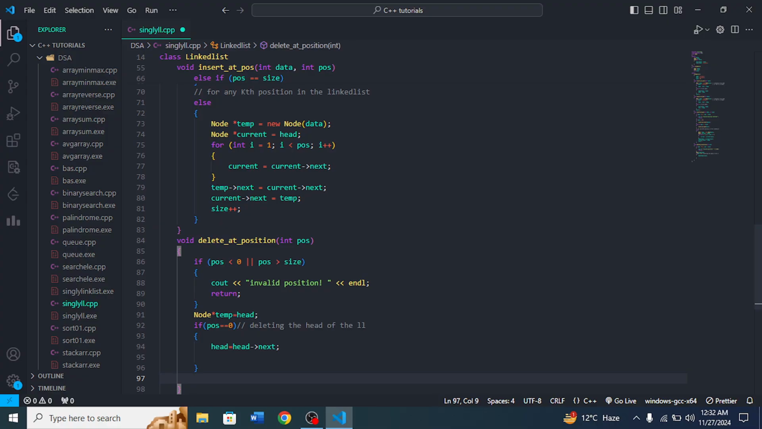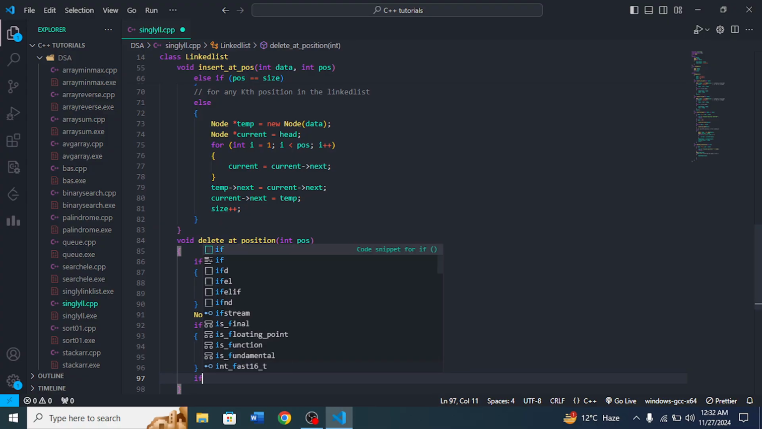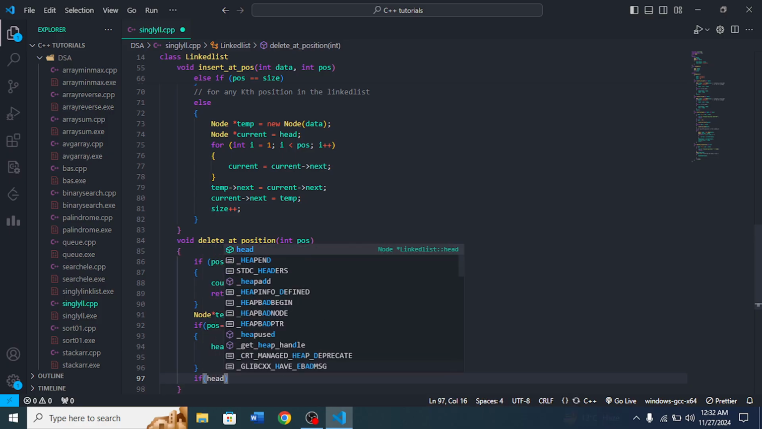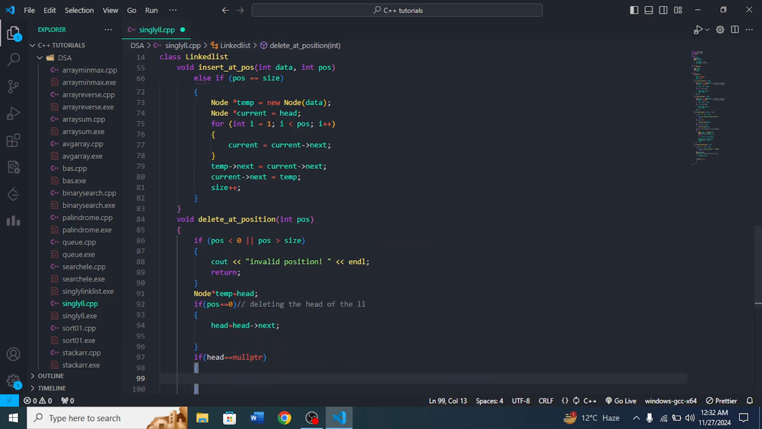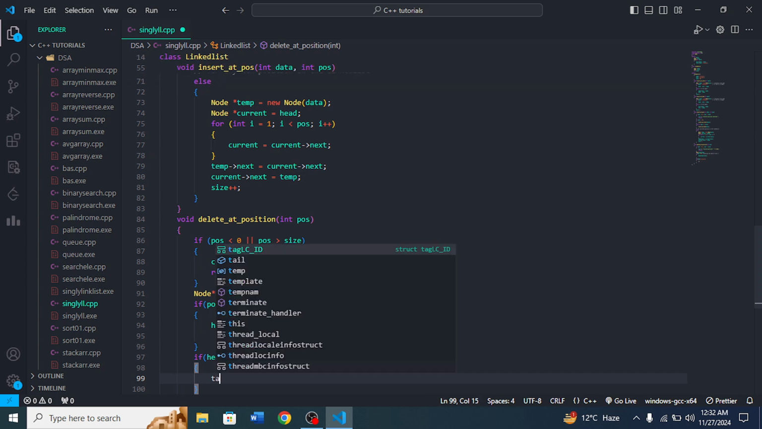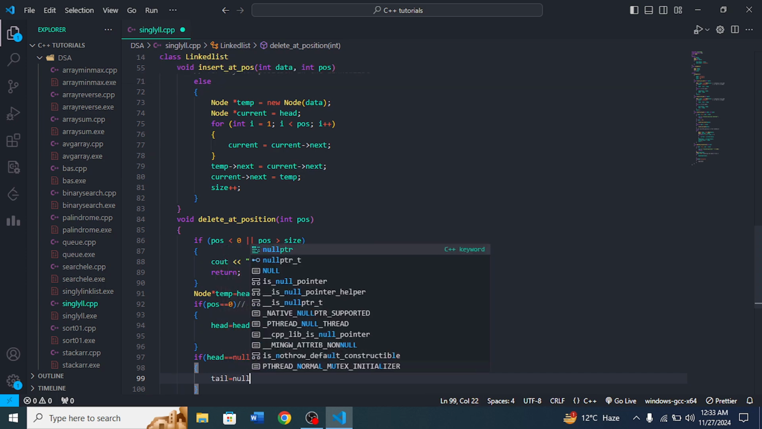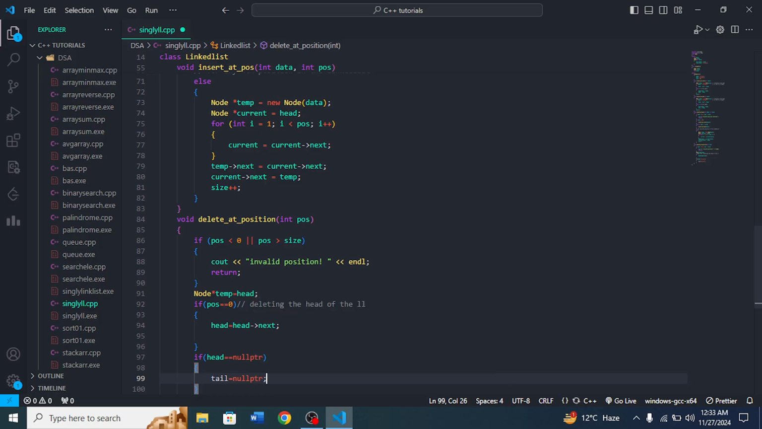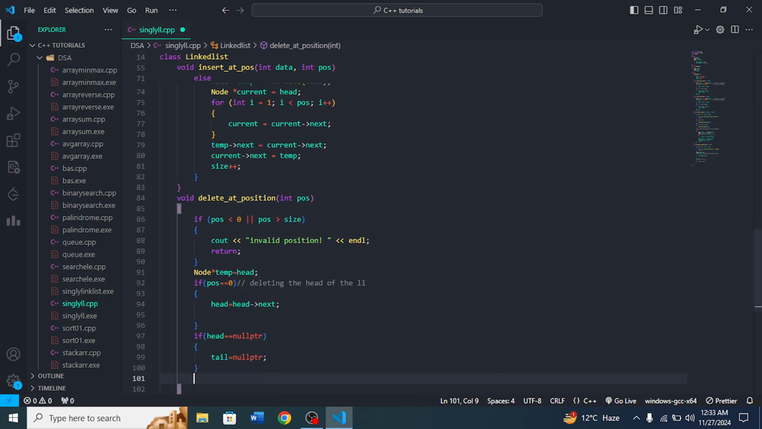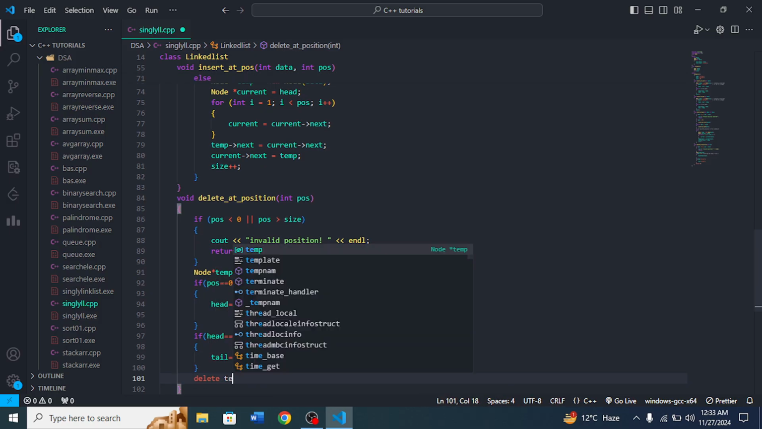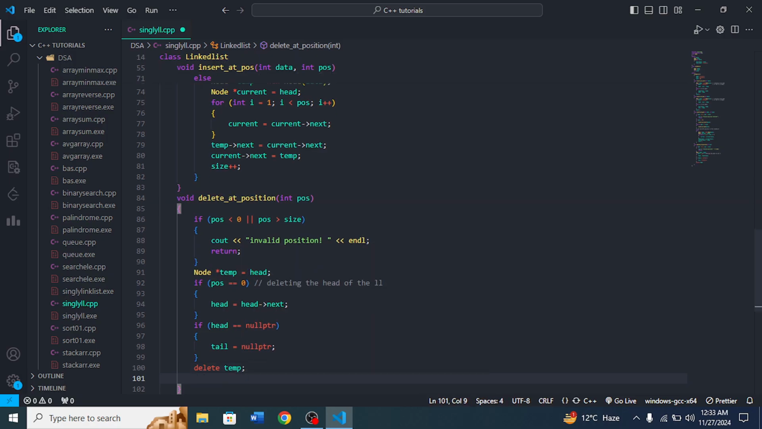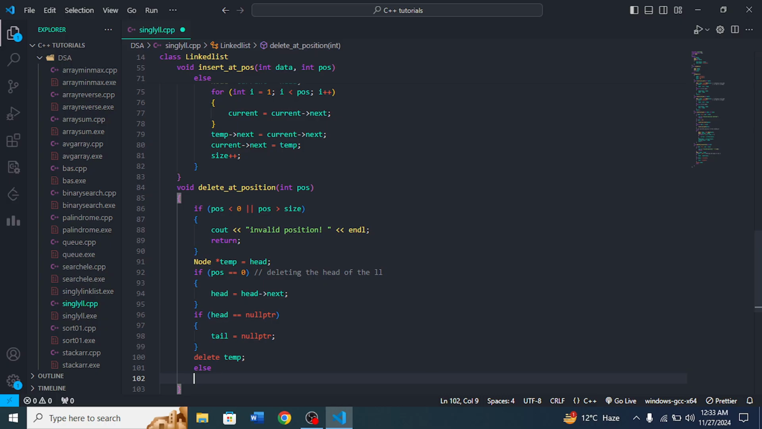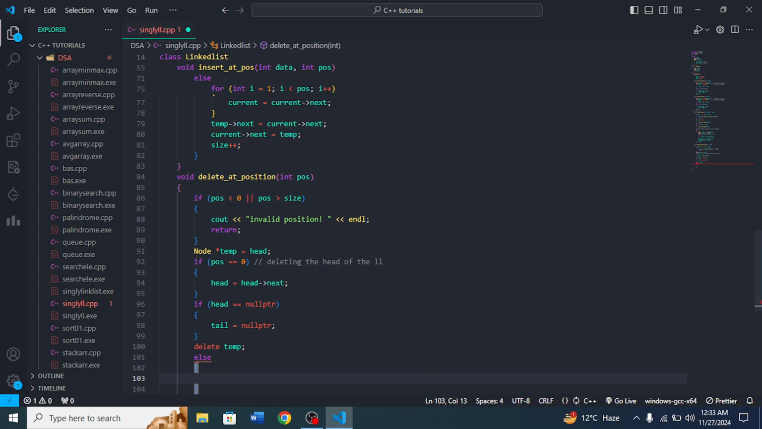For that, we can again use an if case: if the head is equal to the null pointer, we need to assign tail to be equal to the null pointer, and then delete the temporary pointer. And now for the else case, if that is not the case,